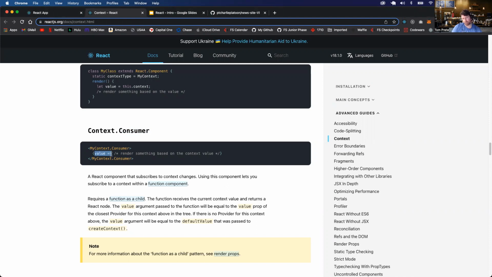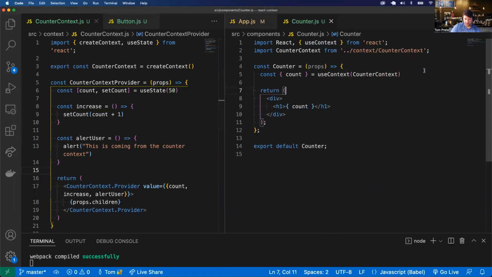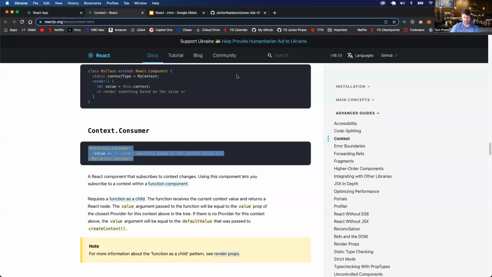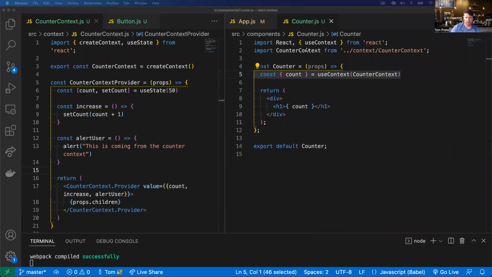But the syntax of the consumer is really ugly relative to just this. If you didn't do this, you'd have to do something like